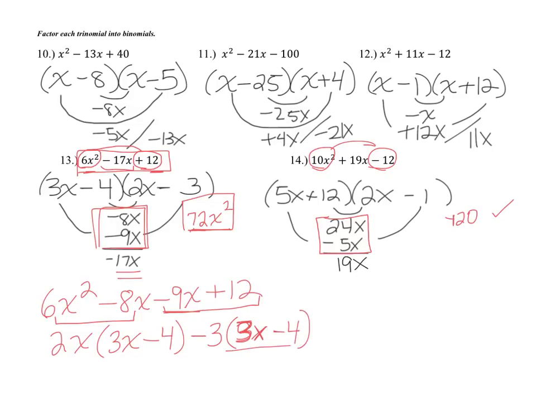So then there you go. Right here is the GCF of the entire thing. That's one of your factors, 3x minus 4. And when you pull out the 3x minus 4, what you're left with is 2x minus 3. So there are your factors, just getting it a different way, right? So I'm not going to go through number 14 because we already have the factors there. Let's jump to the back and take a look at